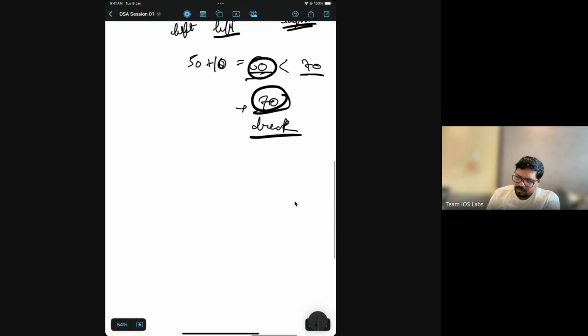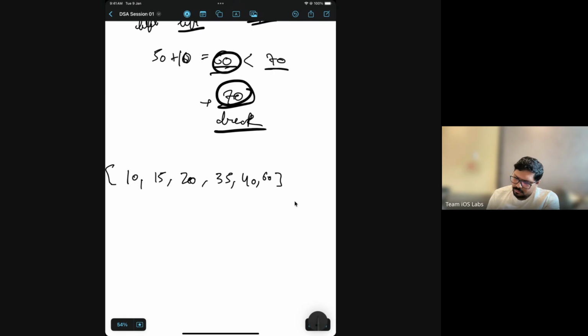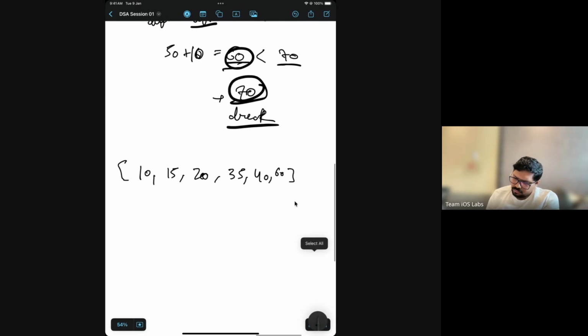Suppose you have elements like 10, 15, 20, 35, 40 and 60. And now your target value may be, suppose, 75.